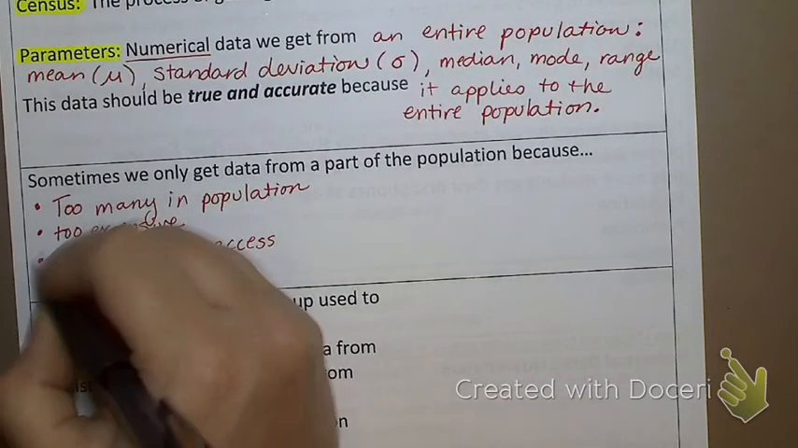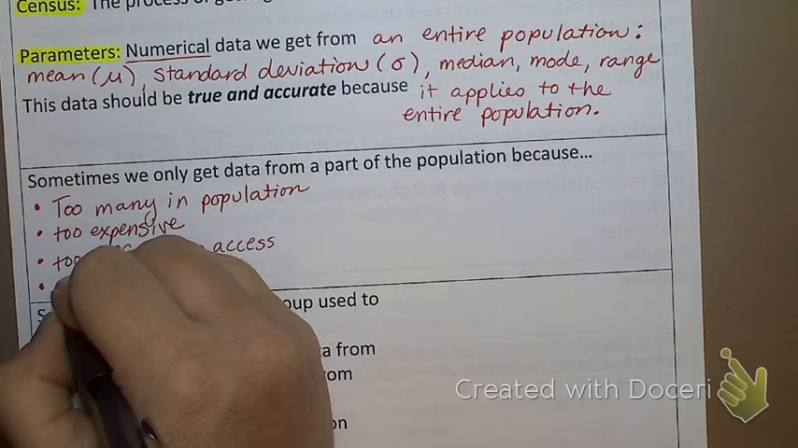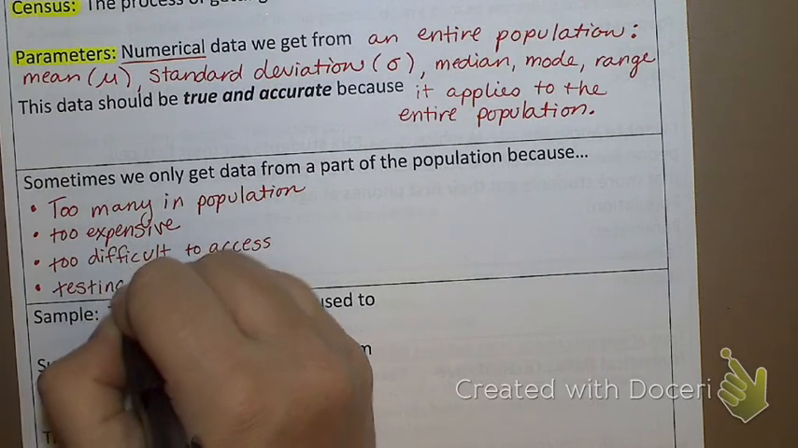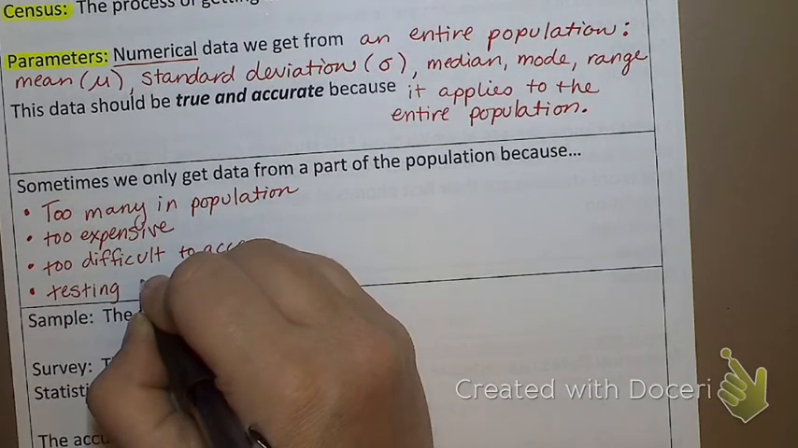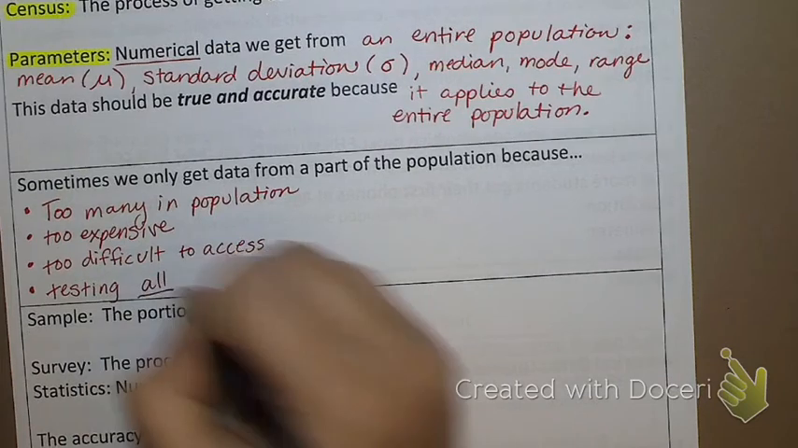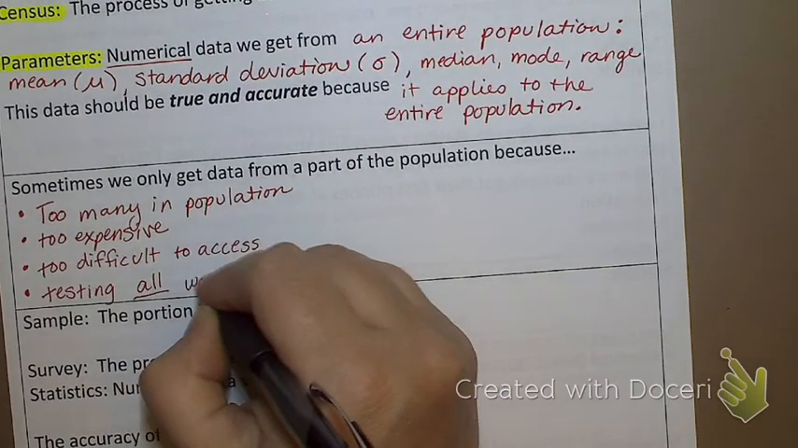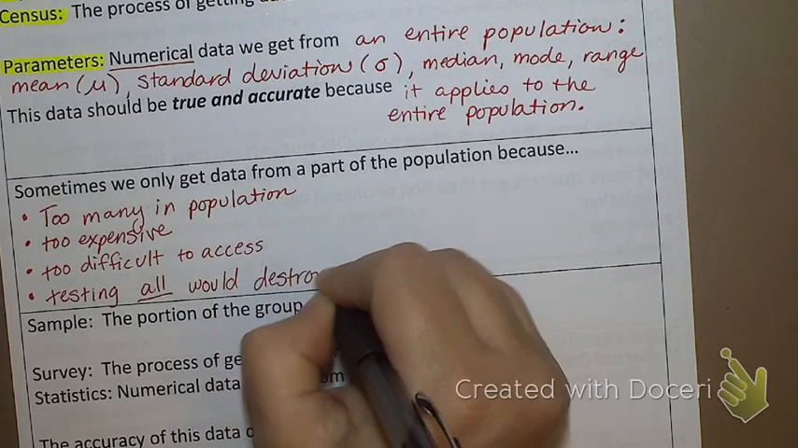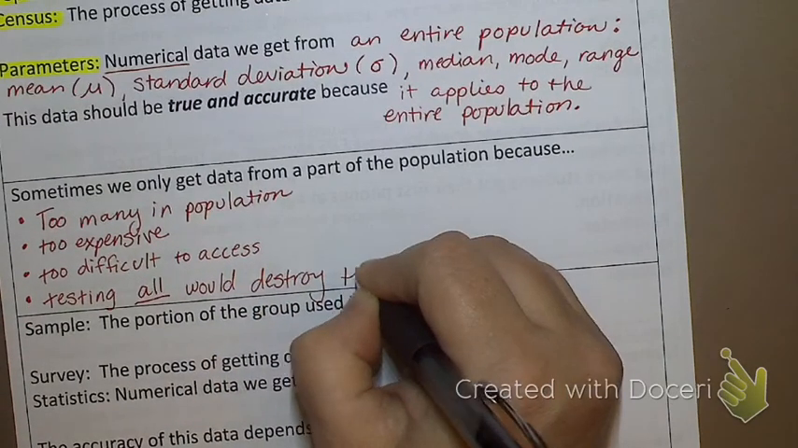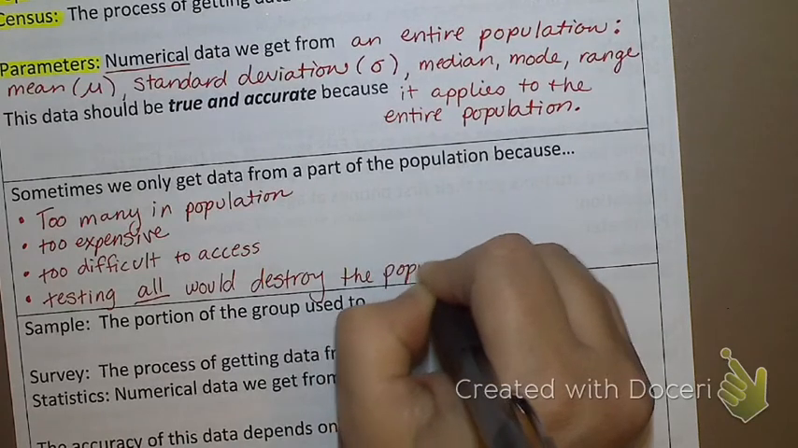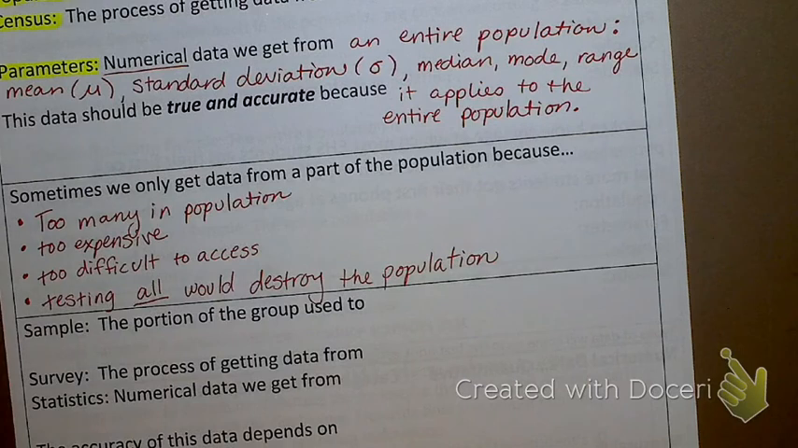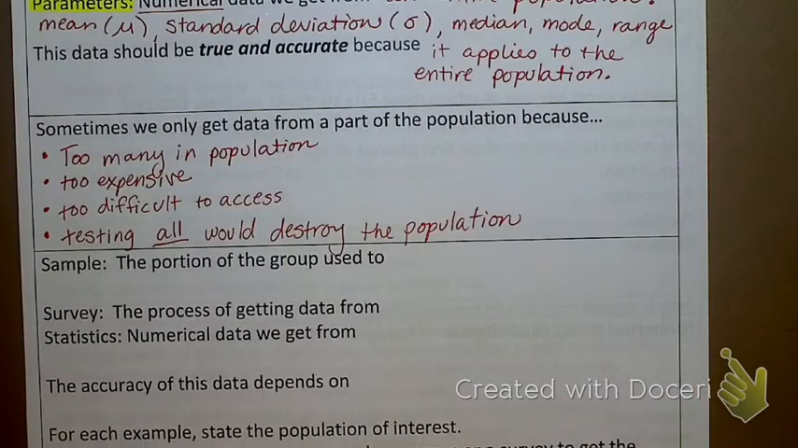One other reason that a lot of people don't necessarily think about, but is important, is that if you test the entire population, testing all of your population would destroy your population. So, for example,